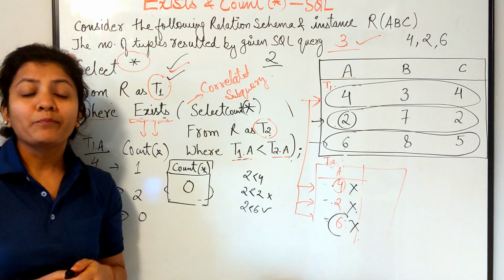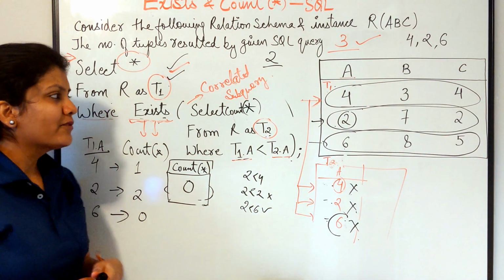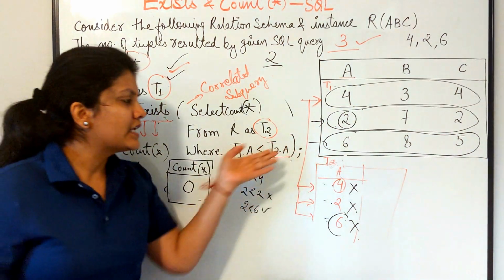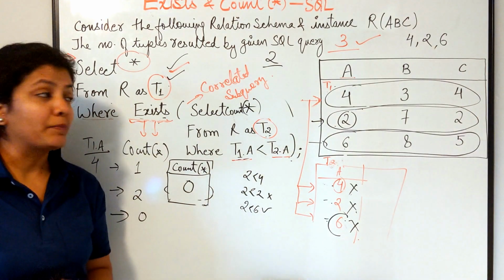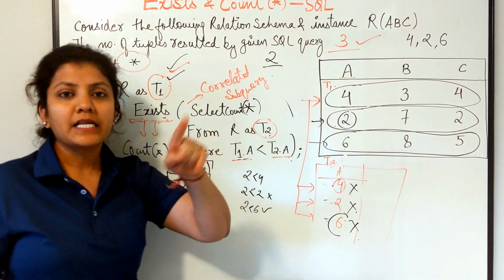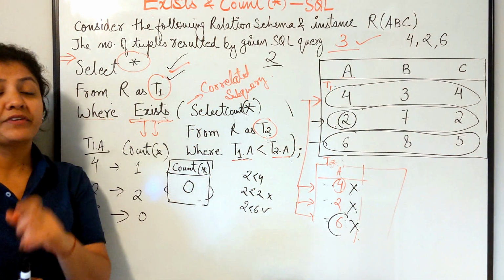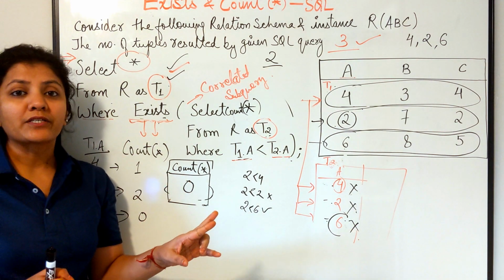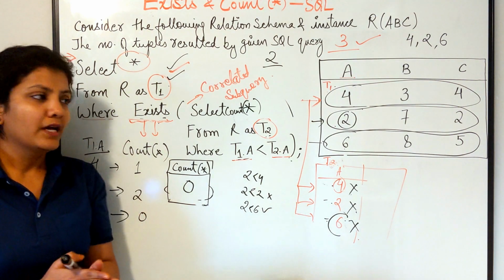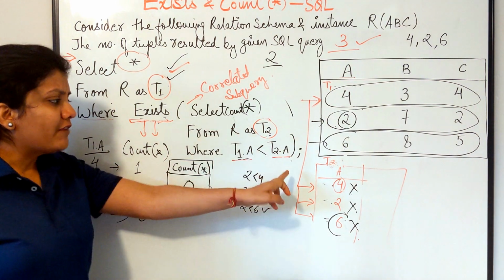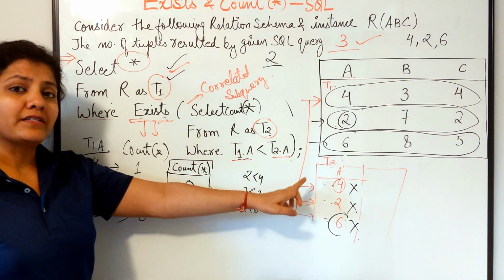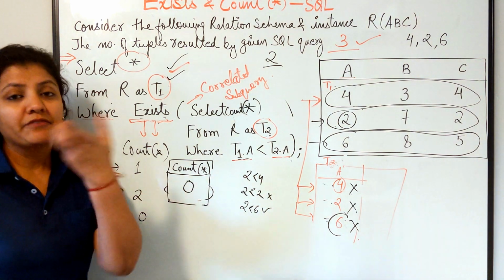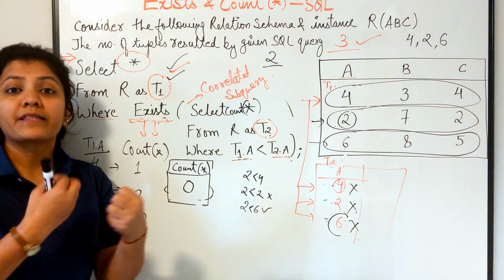There's one more small implication. If you want to try, you can do that. What if one of the values was null? Or suppose that you have another tuple, a 4th tuple, where the value of A is null. What will happen if we have a null value? Because you guys have solved the previous 2 questions which were totally dependent on null. So I just hope when a null value comes within a comparison, you know what is going to get thrown? It's going to throw an unknown value. And if something is unknown, it doesn't get selected.